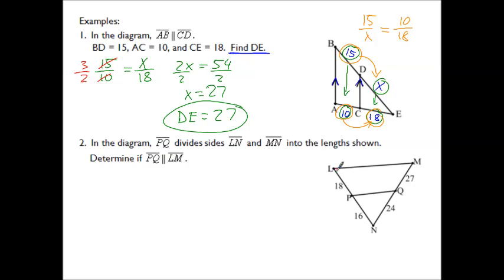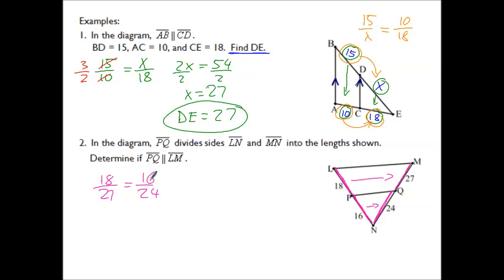What about taking LP and relating that to MQ? So LP over MQ, or in other words 18 over 27, now has to be the same as PN over QN, in other words 16 over